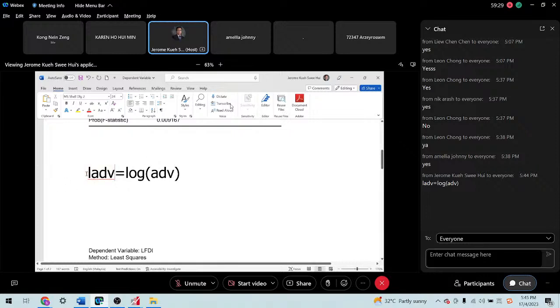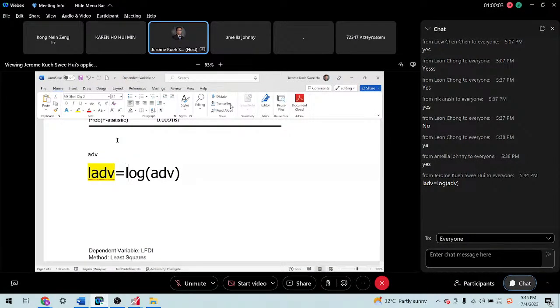So this side is the new name of the variables that you create. You want the EViews to create. Because the original variable is ADV. But you want to create a new variable that is after being log, so we transform into a logarithm. So the L normally refers to log ADV. So this is the name that you provide, so that you know that there is a new variable created.